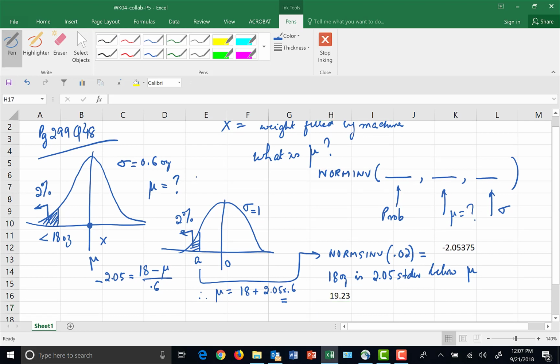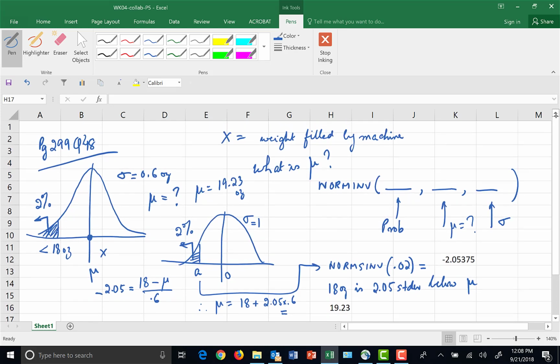So the mean is 19.23 ounces. So notice that in this problem, the logic was no different. That is, if you know a probability and you want to find a location on the x-axis, you have to use an inverse. It's just that you have to use the standard normal instead of norm inverse. Okay, all right, so this was the last problem that we had for the collaborate